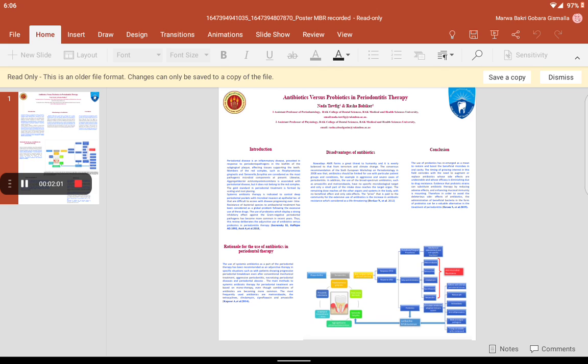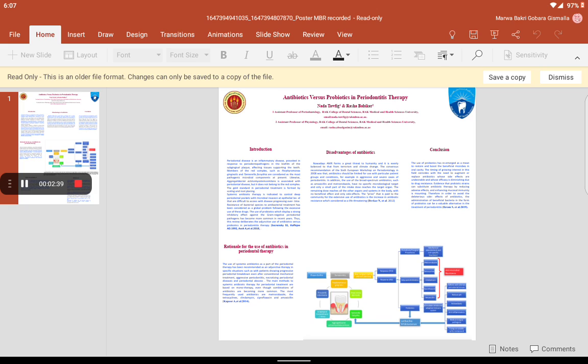Probiotics are administered orally and may benefit oral health by preventing the growth of harmful bacteria and modulating mucosal immunity in the oral cavity. As you can see in the figure prepared by my colleague in this poster, Dr. Rasha Abul Qasim, on your left side is the tooth with periodontal destruction and biofilm, the bacteria within the biofilm that cause periodontal destruction. To get rid of these bacteria, you go for phase 1 therapy, which is scaling and root planing.